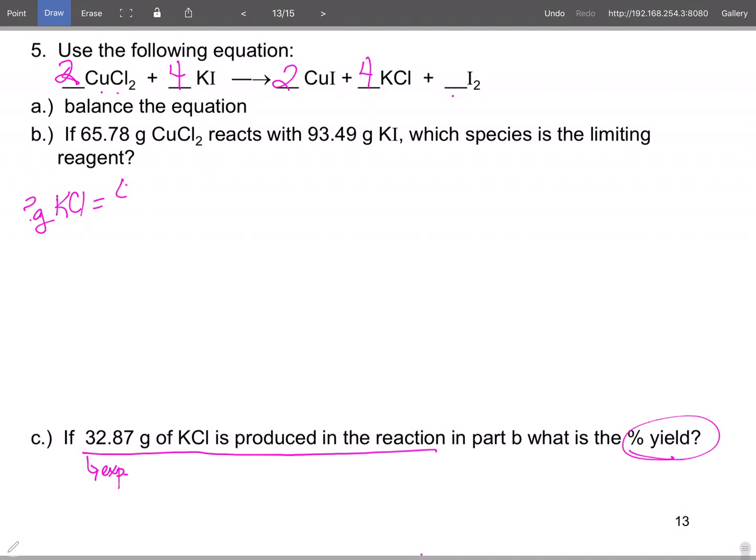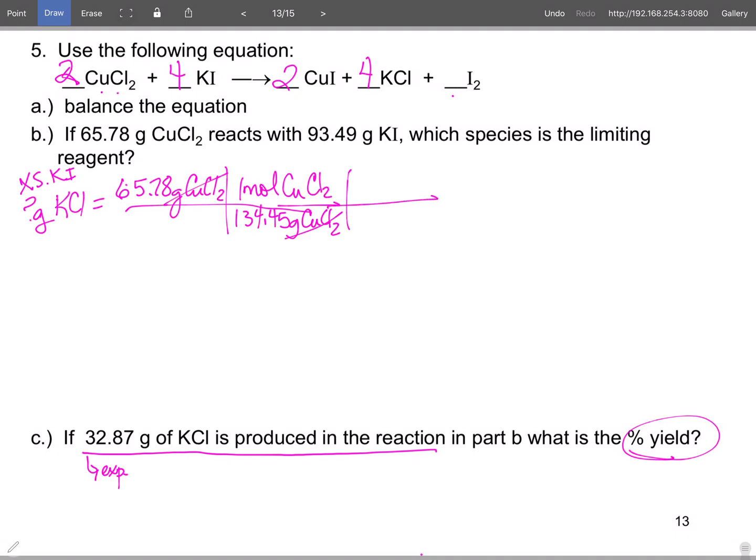So we're going to start with 65.78 grams of copper 2 chloride, which means we're going to assume excess KI. So we're going to set this up, and we get 134.45 grams of copper 2 chloride per 1 mole of copper 2 chloride. Okay, moles of copper 2 chloride go on the bottom. So we have 2 of those based upon the equation. We're going to KCl, so we need 4 moles of KCl, and 1 mole of KCl, my moles are canceled there,